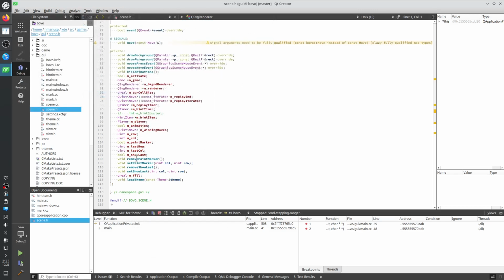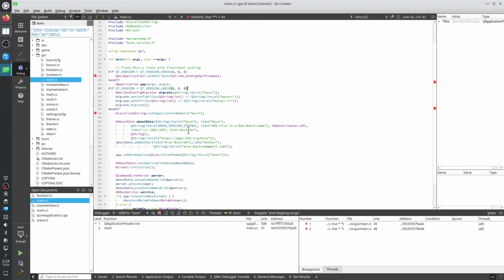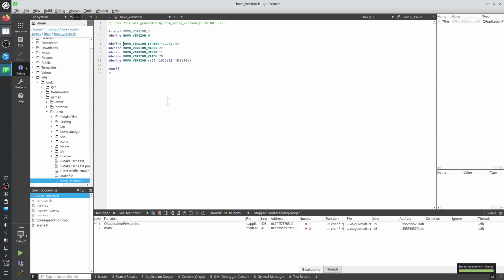So we need to find a translation unit such as main.cc, and we have a macro here, the bovo version string, which is the string 22.11.70,